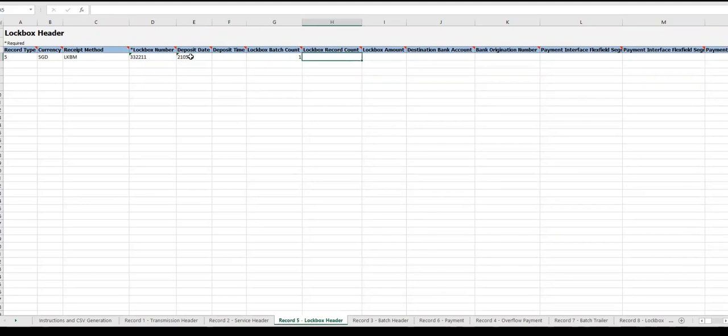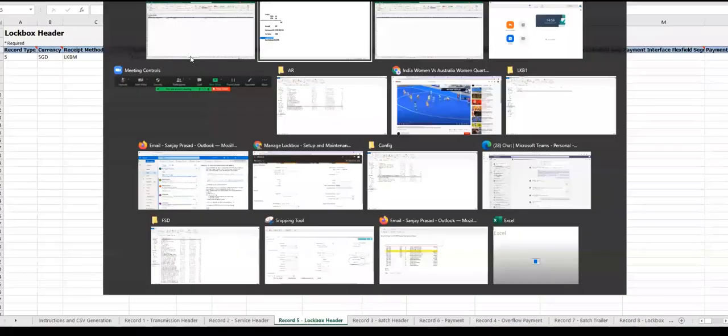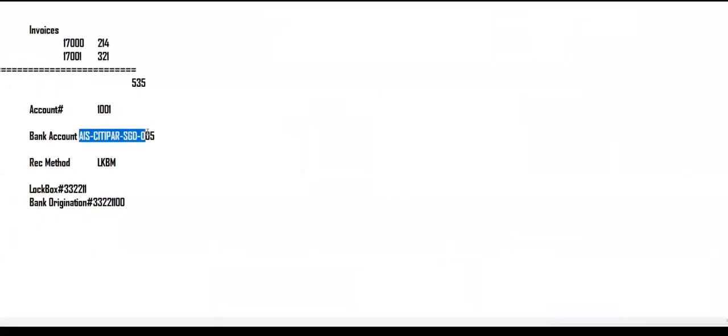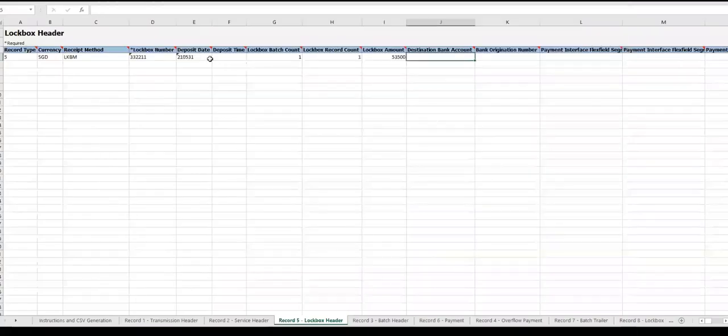This is one record we are going to have in the lockbox. The amount. It may happen that one transmission may have multiple lockboxes. In that case, each lockbox has its count, and that will be recorded. But since it is one transmission, one lockbox, there is no complication.